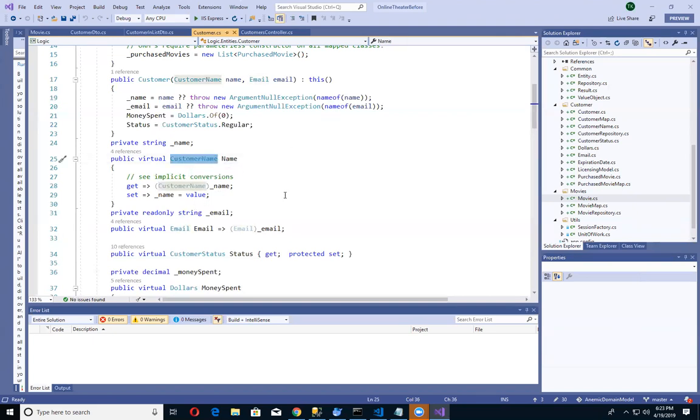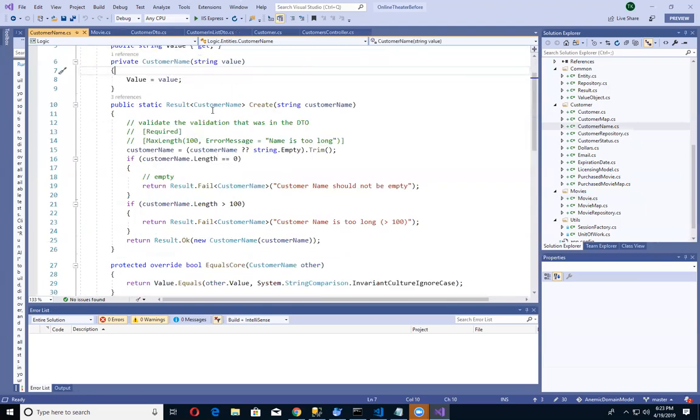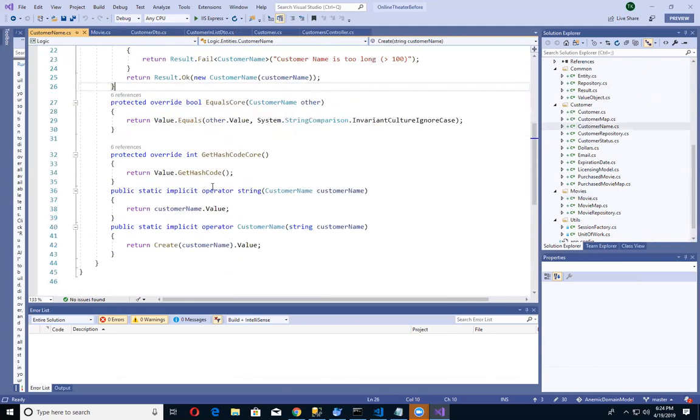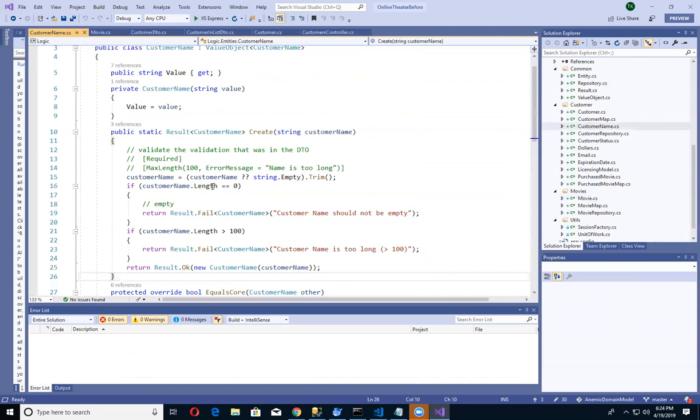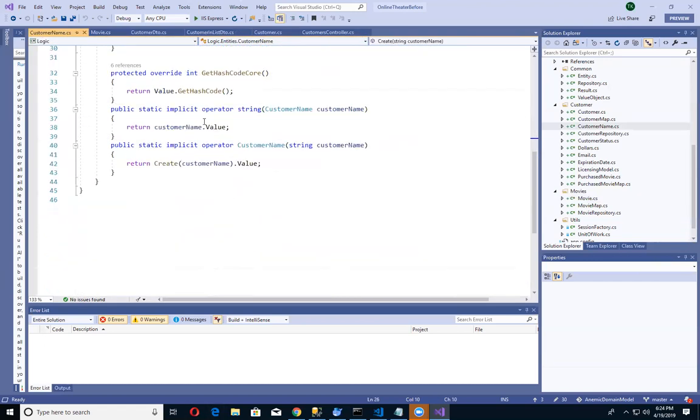If you take a look at this customer name value object, there's a base class that's a value object, and inside of there you can create a customer name from an existing string, and it's going to actually perform the validation for you. So these value objects are actually ensuring integrity at the same time that you're creating them, and you can pass them back and forth. You can perform comparison equality just by right here. We've got an implicit conversion operation right there on our customer name, which is pretty nice.